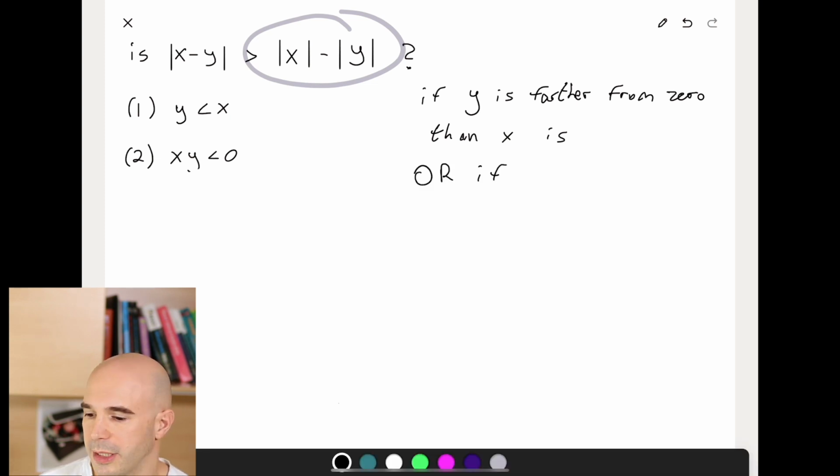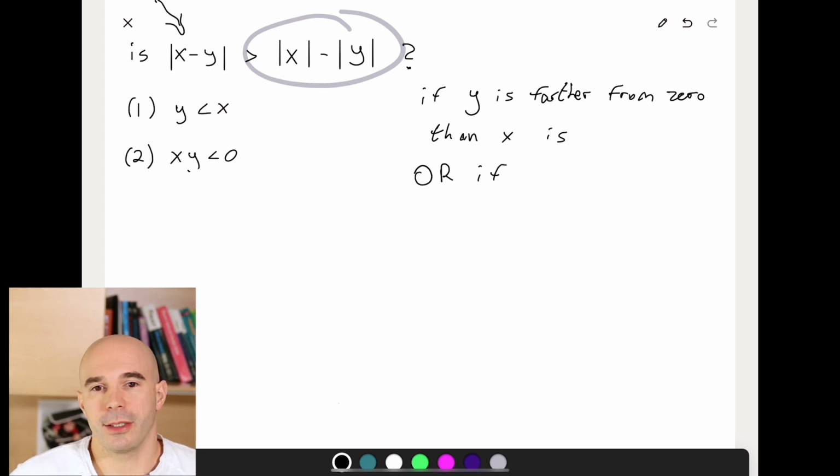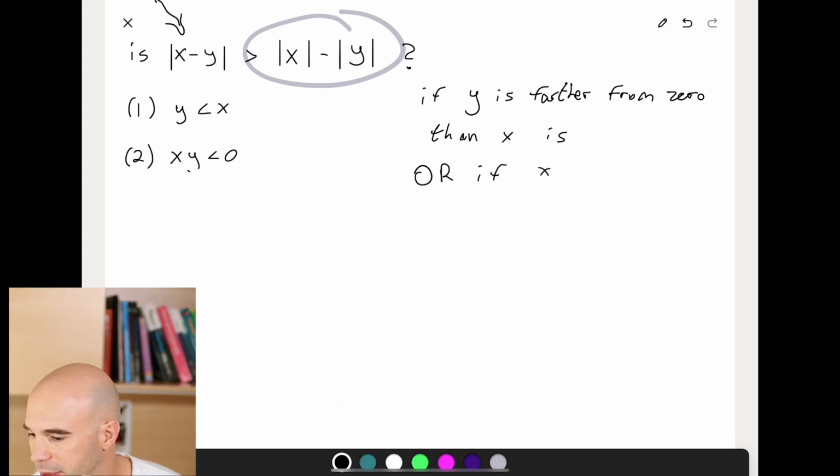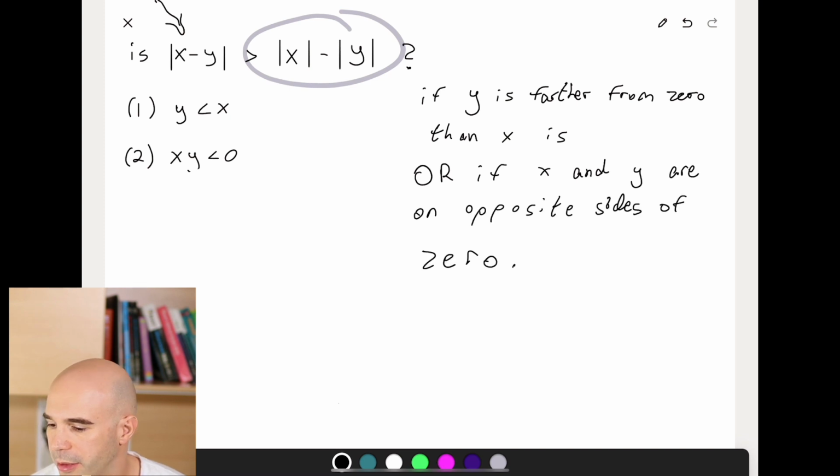We had a pretty significant insight with regards to the left-hand side of the question when I asked, how would you maximize the distance between x and y for given distances from 0 of x and y? If x and y are on opposite sides of 0, that's the other way to get an automatic yes. And I think the big takeaway from all of this analysis that we're doing here, because you're obviously not going to go through all of that in the middle of a test,